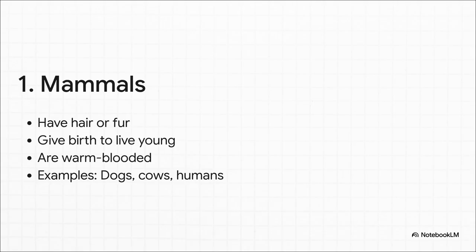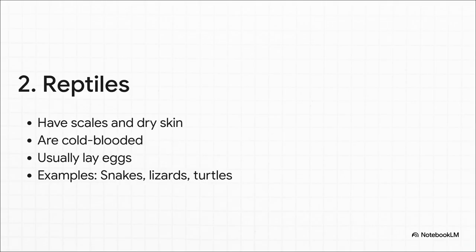That just means our bodies work to stay at the same temperature on the inside, no matter how hot or cold it is outside. Now let's switch gears from warm-blooded mammals to cold-blooded reptiles. They're covered in scales, have dry skin, and their body temperature basically matches whatever the temperature is around them. That's why you always see lizards sunbathing on rocks. They're literally charging their batteries with the sun's heat.